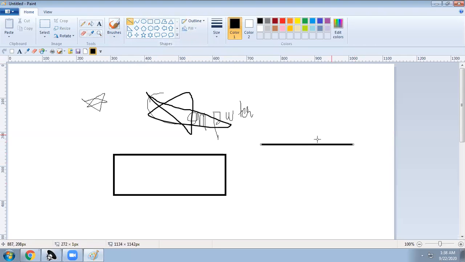If you want this line to be straight, just press shift and draw the line. See, after pressing shift and stretching it, it goes straight like this. If I want to fill some color in this, I can take the fill tool from here, and I can fill the color in this.